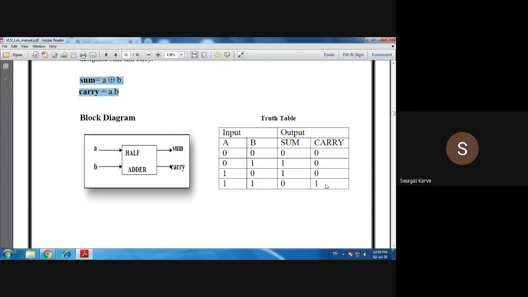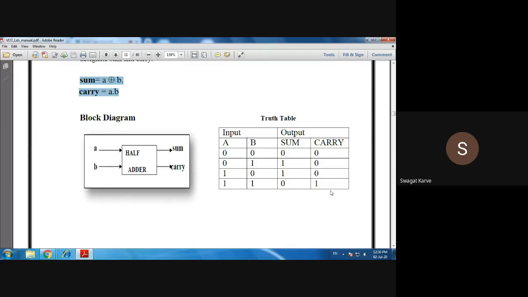As it is a half adder circuit, we are not taking care of this generated carry, unlike a full adder, where we take care of the carry and perform further operations. But in a half adder, whatever carry is generated, we are simply ignoring it.